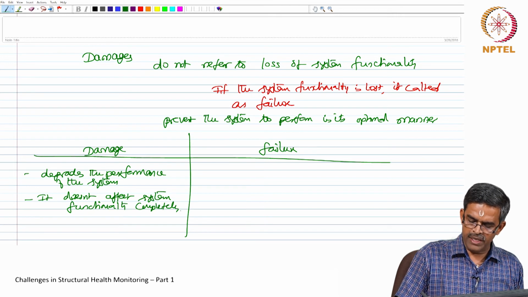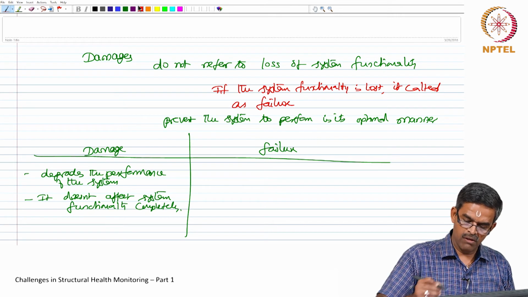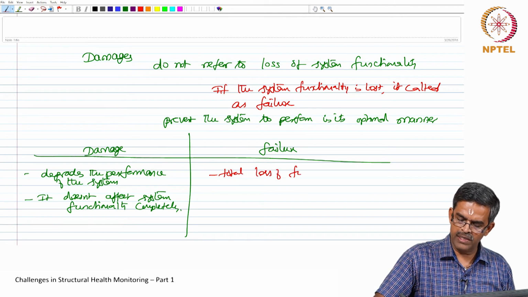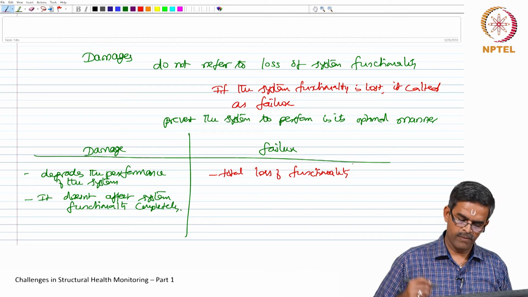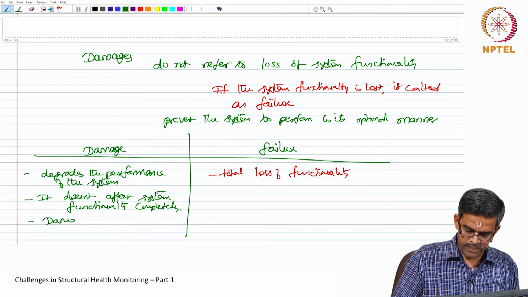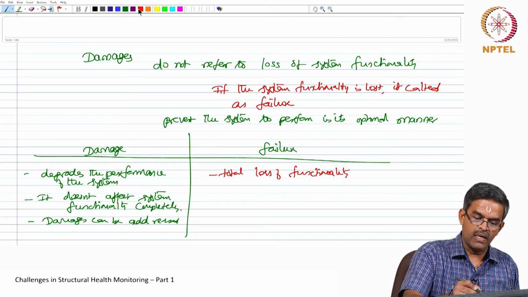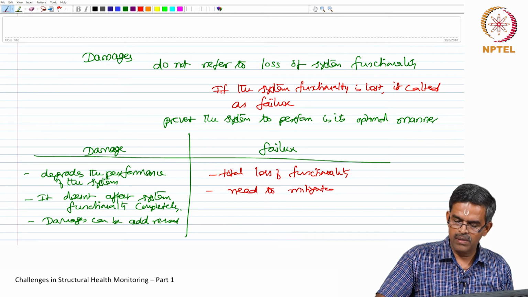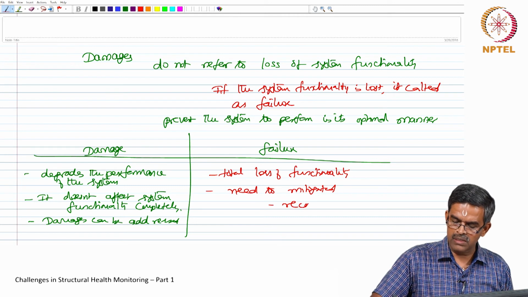Of course, partially it affects, whereas failure is a total loss of functionality. Damages can be corrected whereas failure need to be mitigated. You have got to reconstruct the system